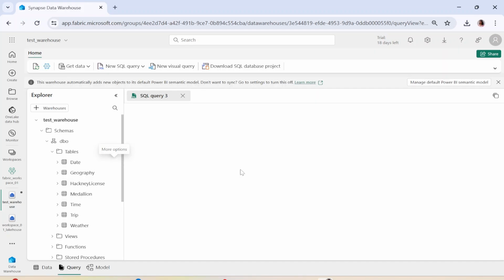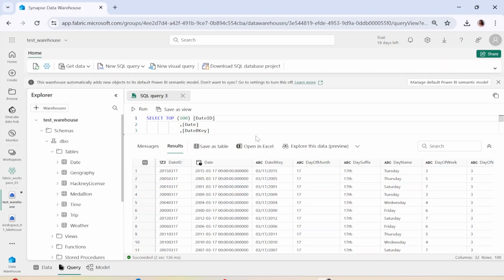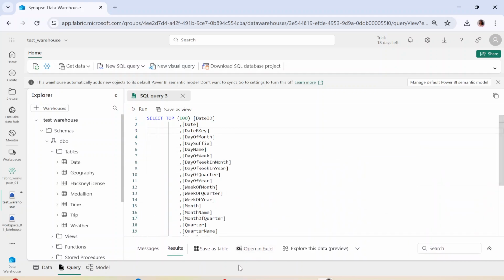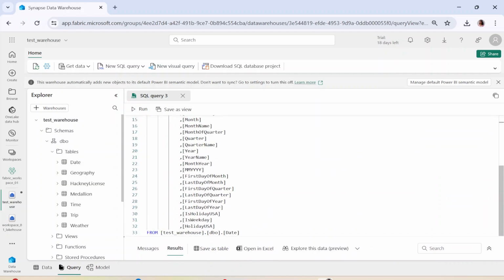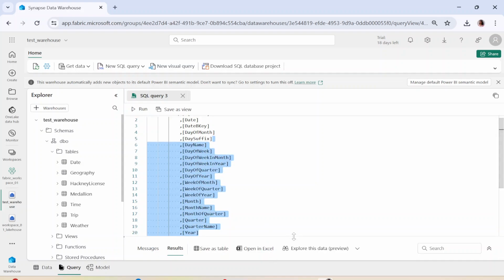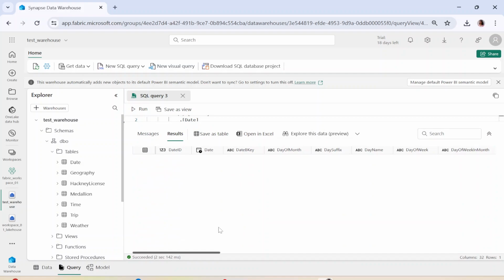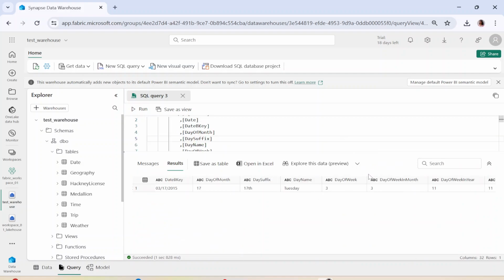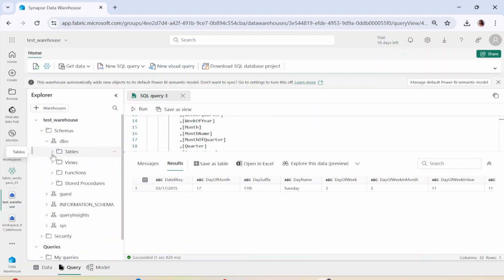What it will do is directly lead you to a simple SQL query, where you can see select top 100, and it has mentioned all the column names from this particular table. It is a simple T-SQL statement. Now if I want to say, let's say, top 1, and run this query, then I would get my top 1 record over here. So this is how your tables are actually over here.